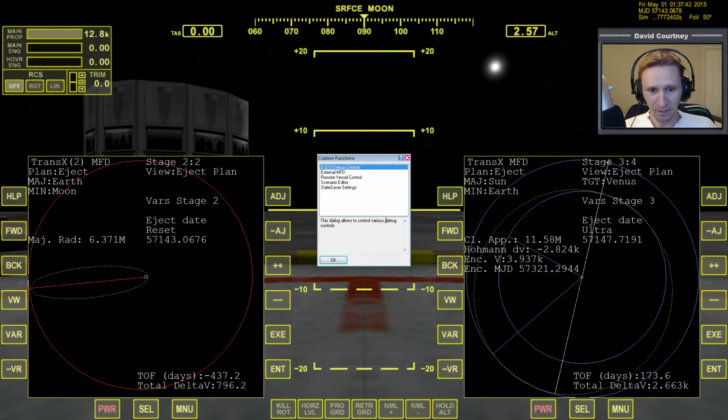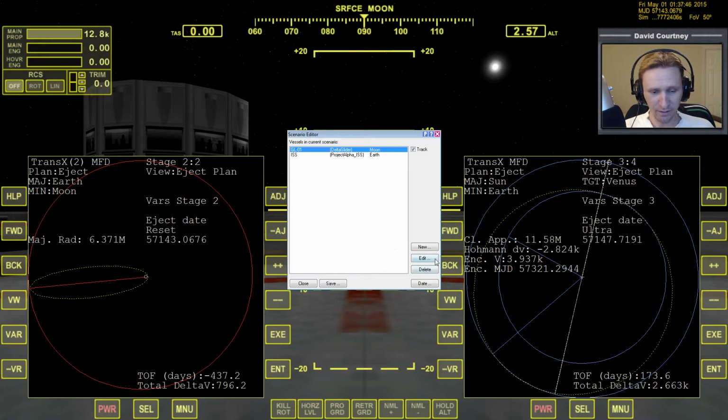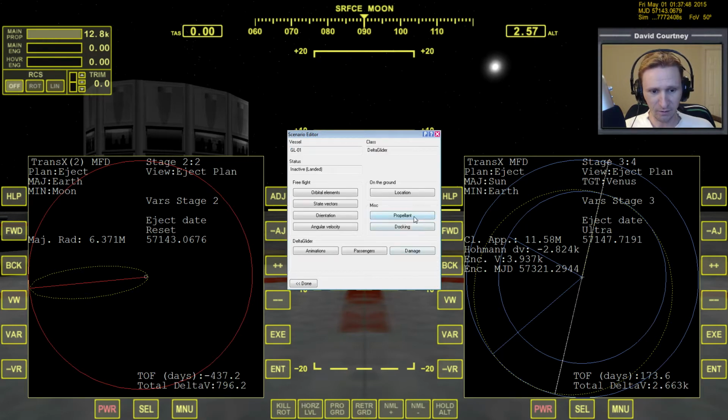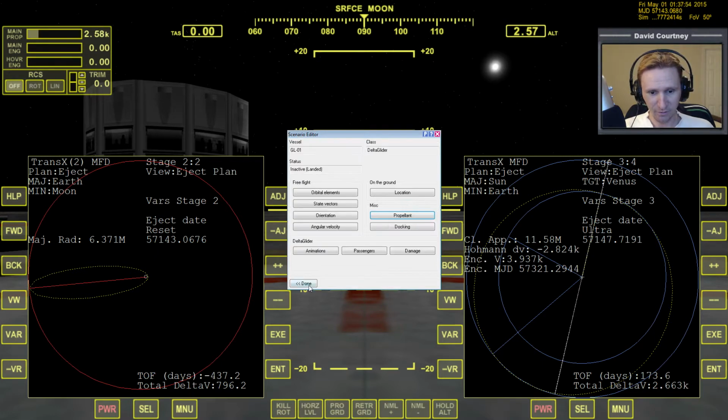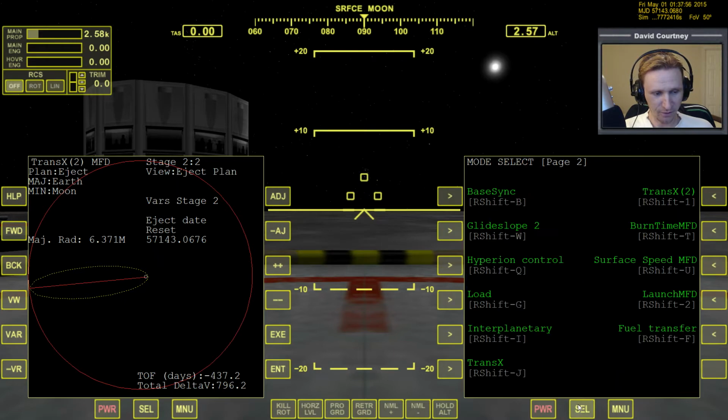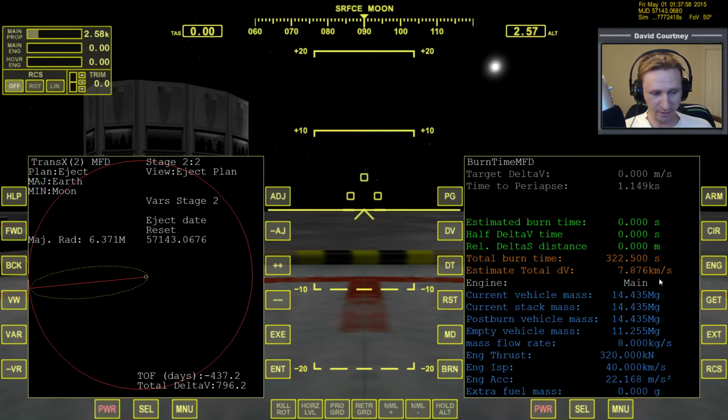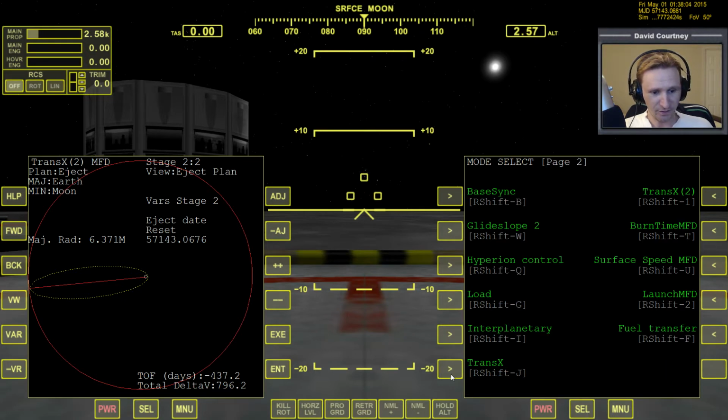Let me bring up the scenario editor and just get rid of some fuel. We've got way too much fuel in the Delta Glider, and it just makes everything take longer. So if I cut the fuel all the way back to, like, that, that's more than enough for this mission. Let me just double check in the burn time calculator real quick. Yeah, that's still, we could dump even more than that, but that just lets us